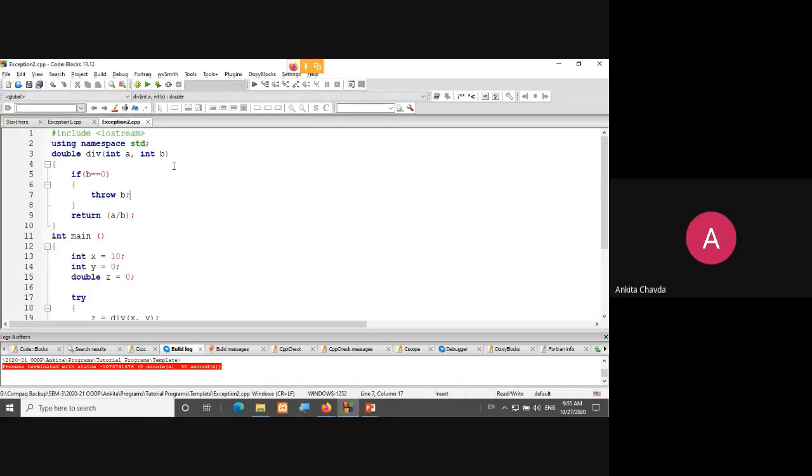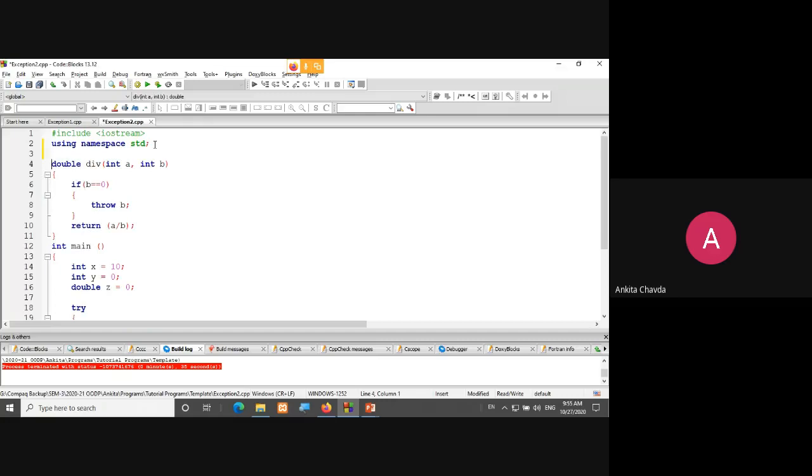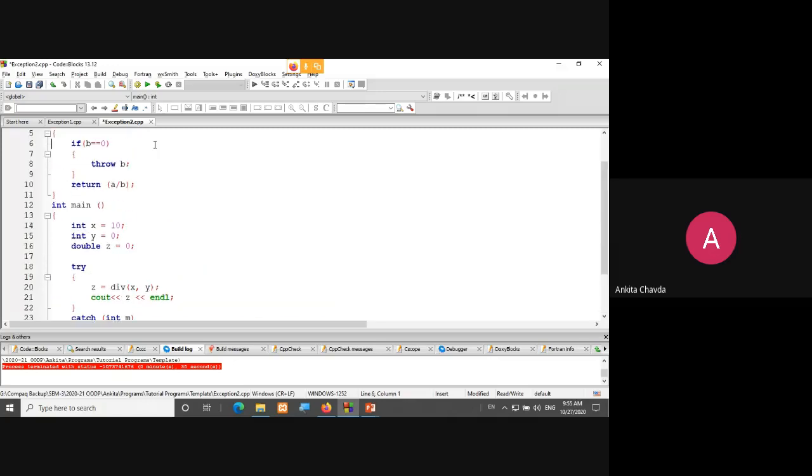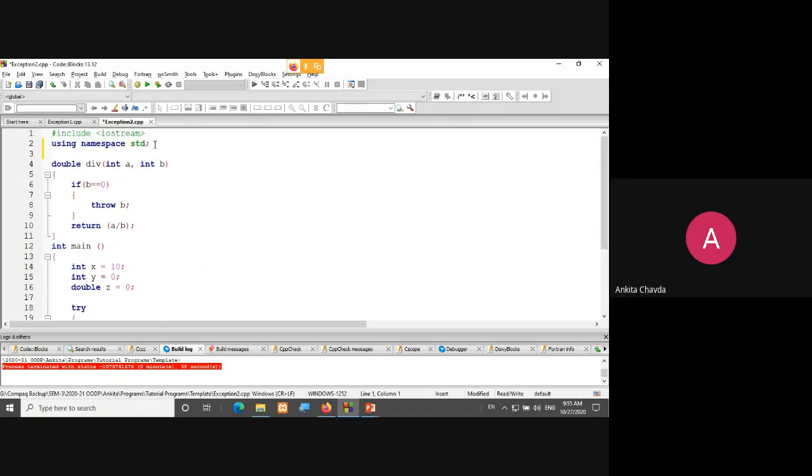This is what I have modified in my same program in a different way with the use of try and catch. Here what I've done is I've made one division function which will return a double value.